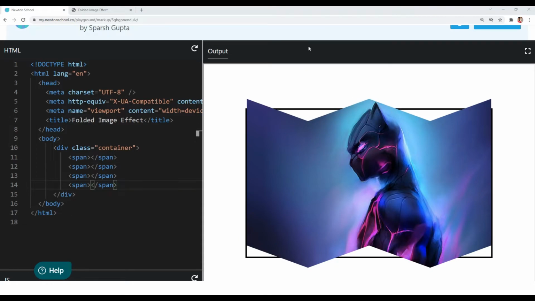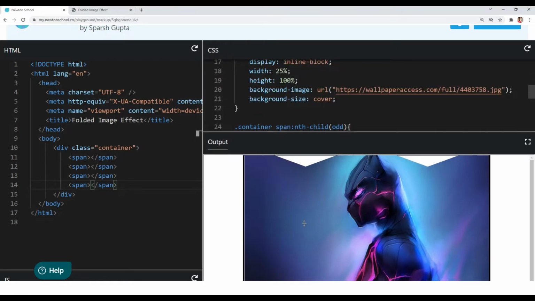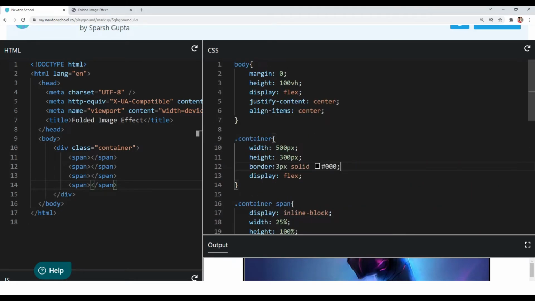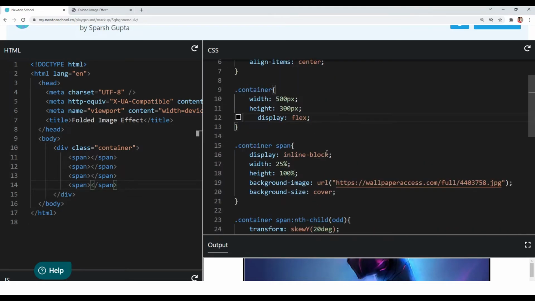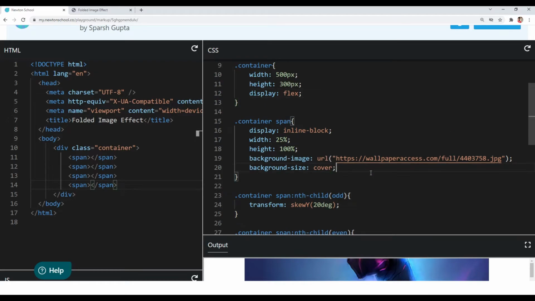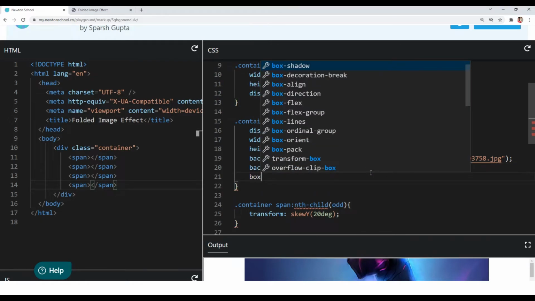effect. And now to make it more realistic, let's add box shadow to all of our span elements. So let me first remove the border from container, and let's add box shadow to all the span elements.